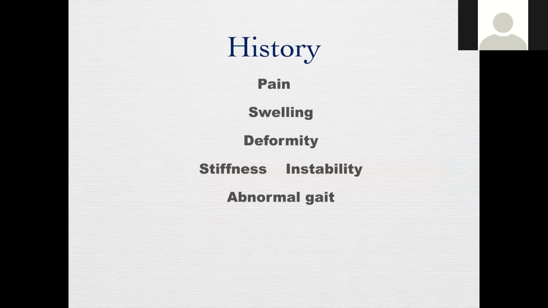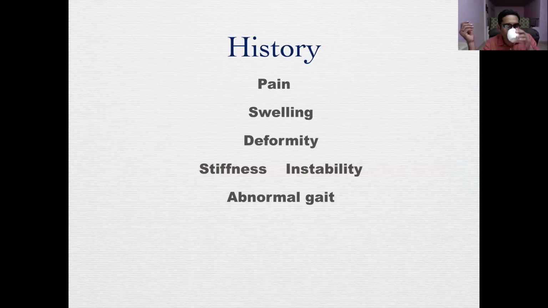Now the history is not different from any other area. These are typically 4 or 5 areas that we expand the history on. It would be the same as for a hip joint or a knee joint, where you will first ask the patient about the pain: the direction, the duration, the location, qualifying, aggravating and relieving factors, whether pain is present at rest, pain is present on the first step, or pain is so severe that the patient is unable to weight bear and requires a walking aid. So you develop your histories in the same way.